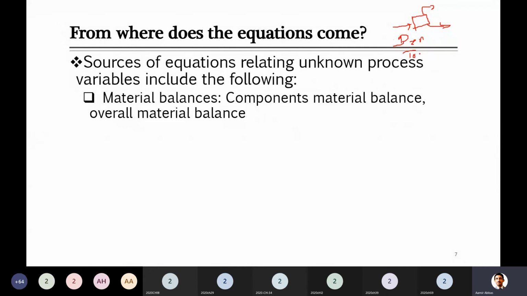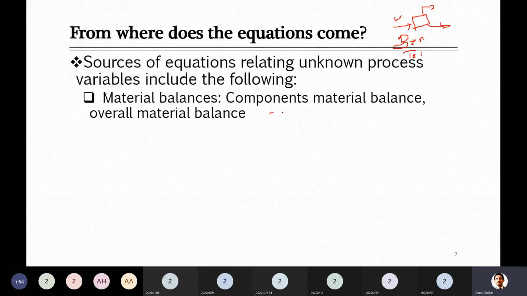At the same time, I told you maybe you can write an overall balance equation, that this inlet stream is equal to the two outlets, their flow rates. Or if I'm looking at the component, then benzene at the inlet, if you remember, had some value of 500, and in the outlet one was given and for the other stream we were supposed to find the value.